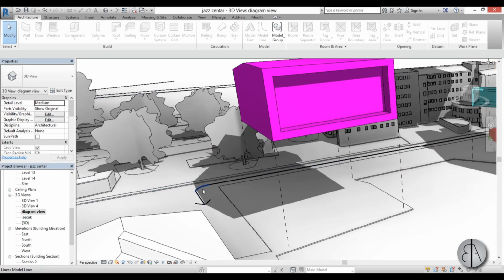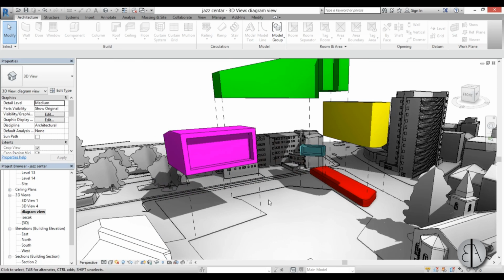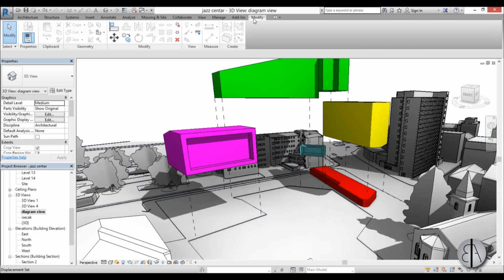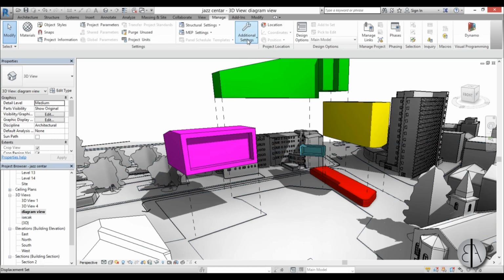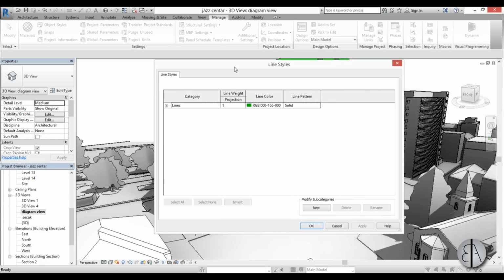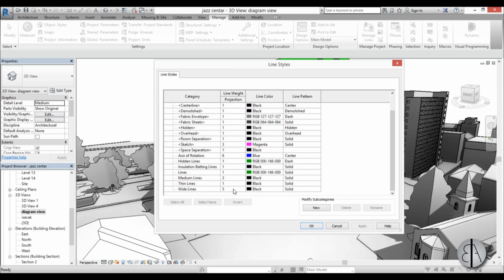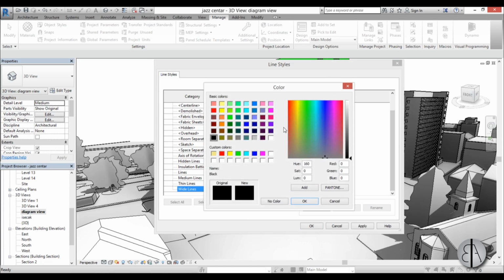And now let's change this line. So now it's kind of black and we can't really see it. And to change that line, we can go here to modify, or I'm sorry, manage, go to additional settings, find line styles, and here you have this line styles dialog. You can open this thing up, and here we can search for wide lines. Here it is. So we can make it a bit thicker, maybe 6, and let's change the color to,